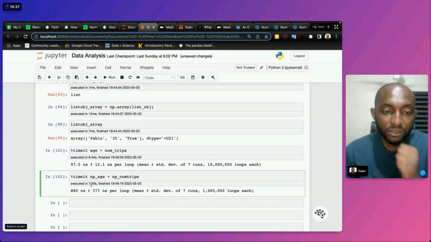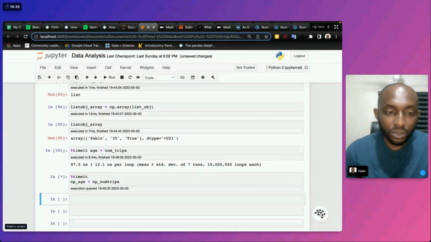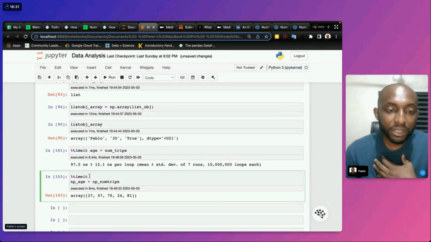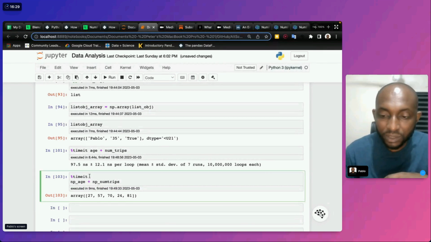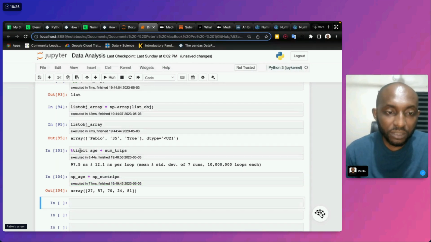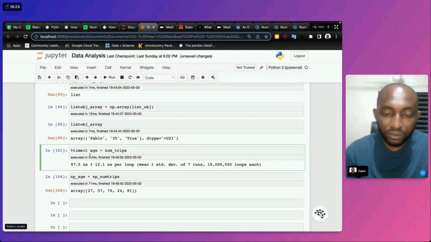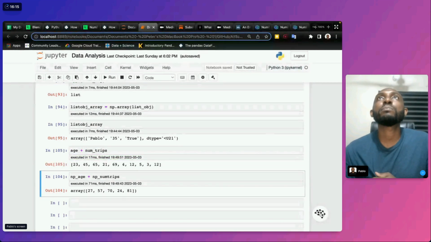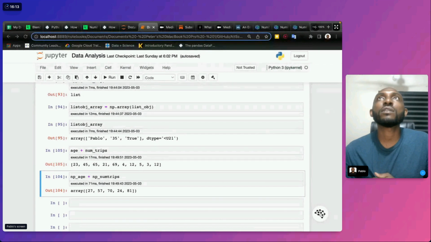But what happens is when you use the timing for them, they'll show the speed at which the two of them do their calculations is entirely different. I'm going to figure out how to use that, but it's entirely different. The speed for each of them is crazy.